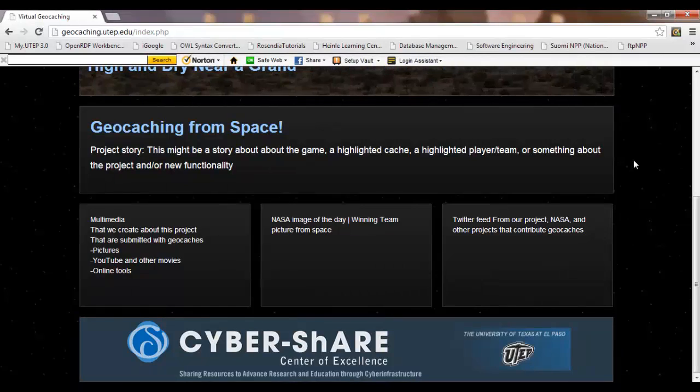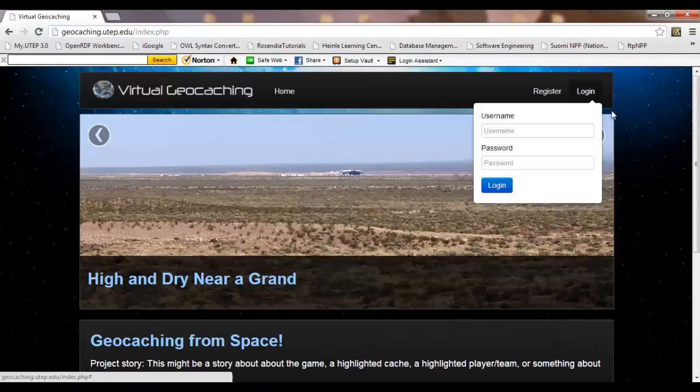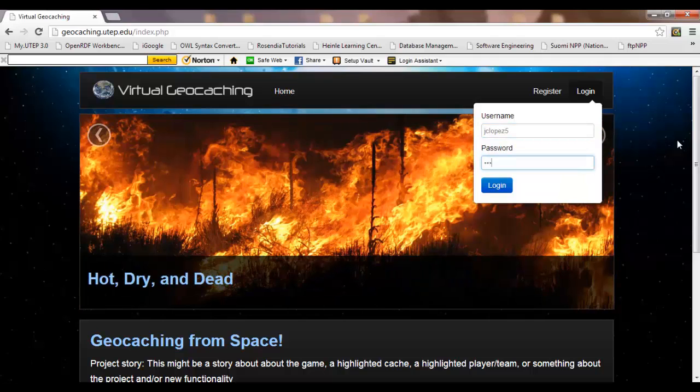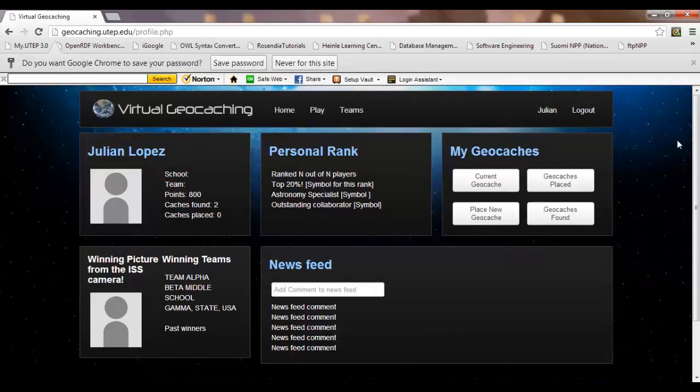Now let us log in. I will log in using a username and password that I created when I registered. Once a user is logged in, they are taken to their profile page. As you can see, we now have a play link, a Teams link, along with the user's first name and a logout link. The user can access their profile page again at any time by clicking on their name at